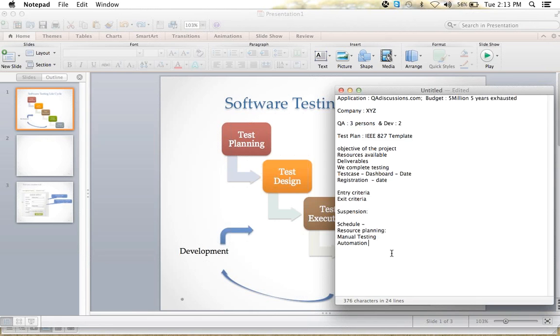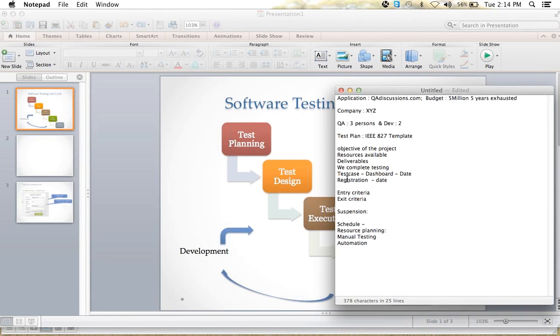What do we do in automation? The manual test cases which we tested, we transform those into automation, but we don't create any new test cases. We'll just take the reference of manual test cases and then go to automation. So if we have any plan for automation, then we mention it in the resource planning. So in this way, we have so many things in the test plan. We'll also discuss it in brief.